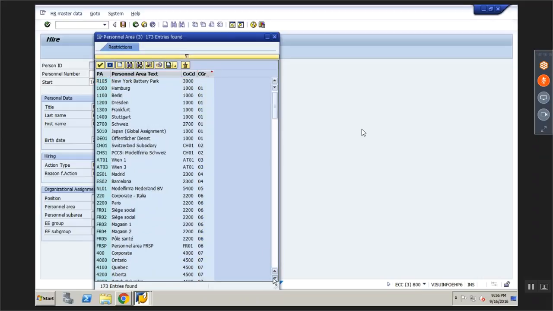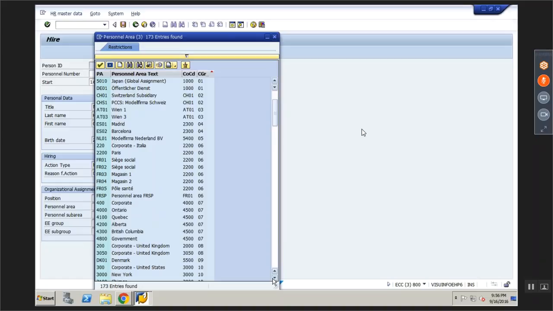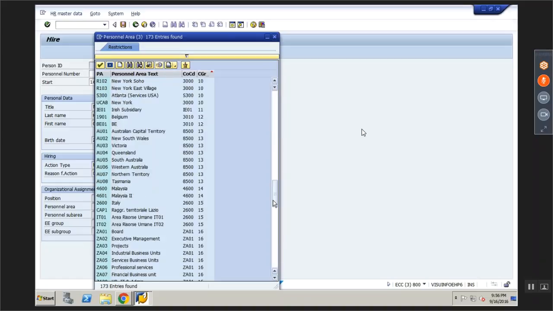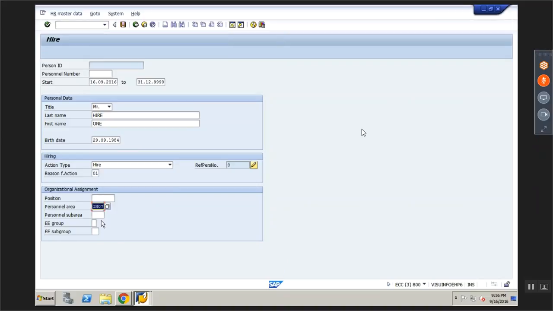And now I will try to pick up 40. For country grouping 40, what is available? Okay, I can see for India, there are many things. So I'll take maybe Tamil Nadu.